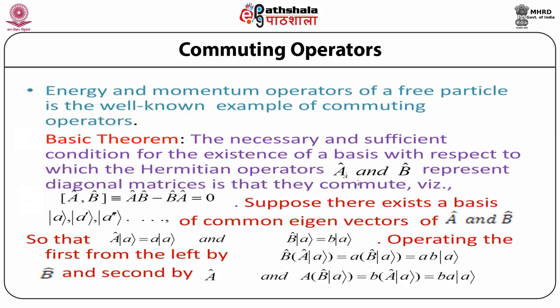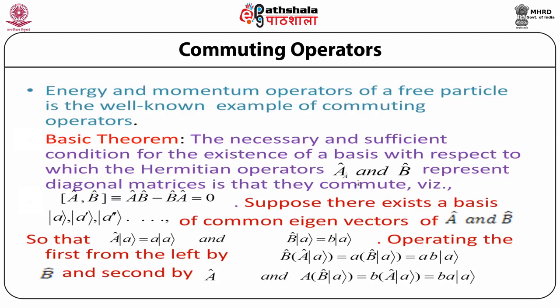The basic theorem states that the necessary and sufficient condition for the existence of a basis with respect to which the Hermitian operators A and B represent diagonal matrices is that they commute,